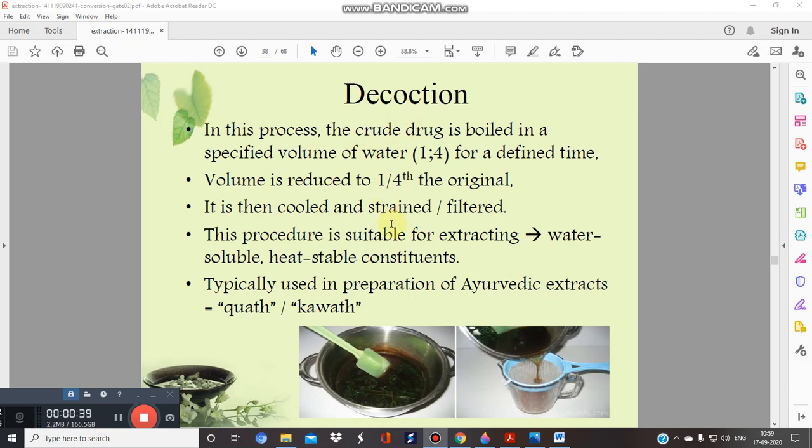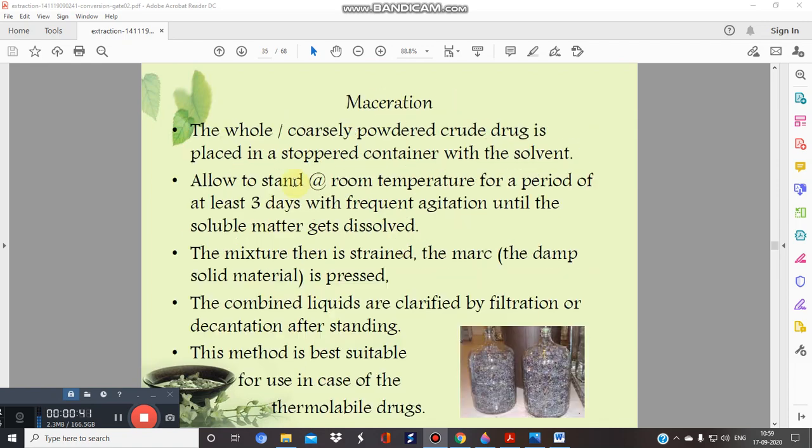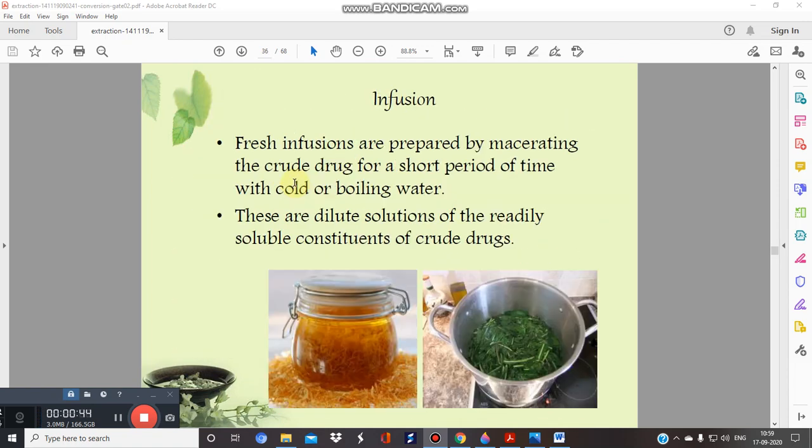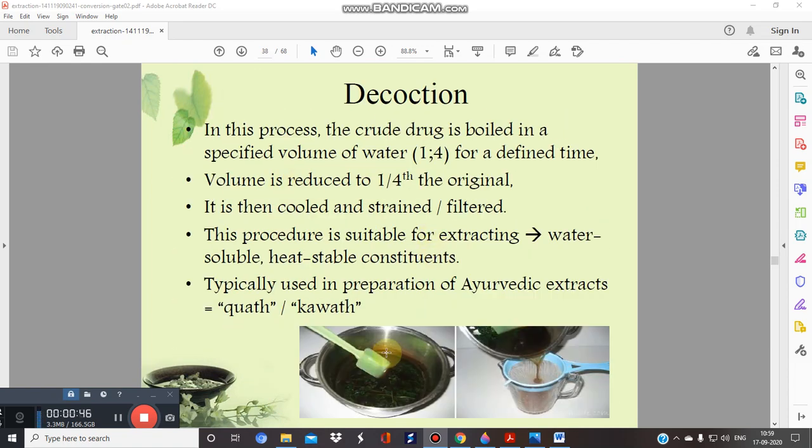See, in decoction what happens? Let's take an example of tea. Kadha, making kadha. Nowadays kadha is very famous. Ayush kadha, Dabur kadha, different companies have recommended kadha for COVID. So in kadha, the ratio is 1:4. You have to take drug to solvent in the ratio 1:4. Suppose the drug is 1 gram, you will take